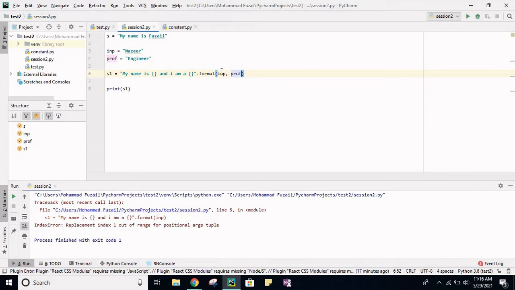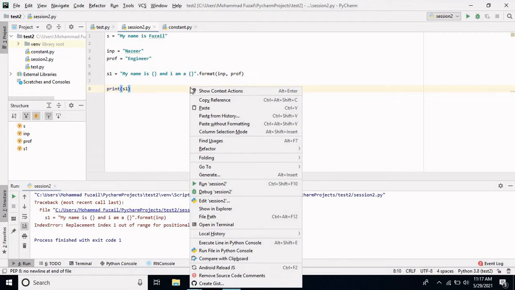The format function passes the values as per the sequence, as per the index. The value passed at the first position, the 0th index, will be rendered at the first blank, and in the same way the second value will be rendered at the second blank.